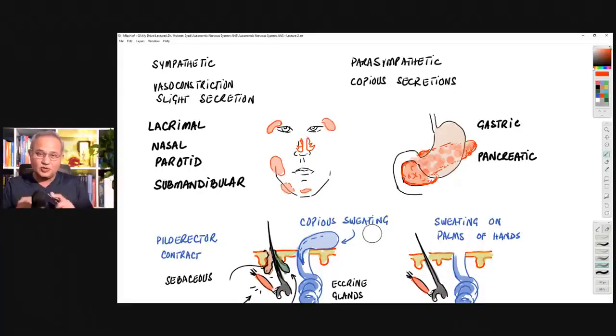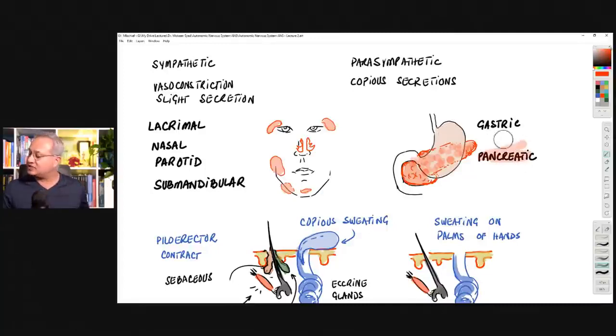No. So, if we look at the sympathetic system for glands, when we are under fright and flight, most of our glands would reduce their activity, except the sweat glands, which will start sweating. But other than that, the lacrimal gland that makes the tears, the parotid gland over here, the submandibular glands over here, then the pancreas, their secretions would actually start reducing. So lacrimal gland, nasal, parotid, submandibular, their secretions are reduced. On the parasympathetic side, their secretions are increased.